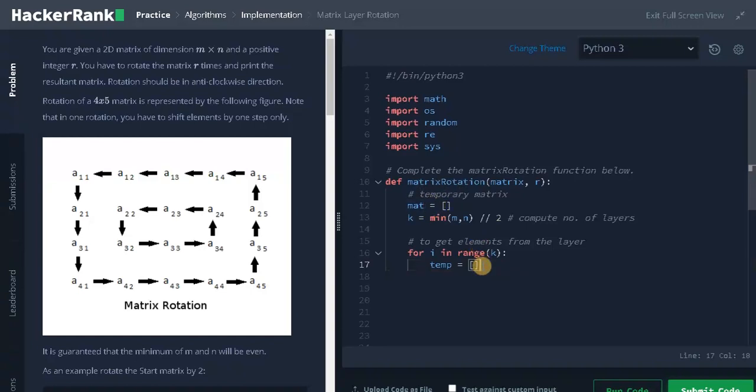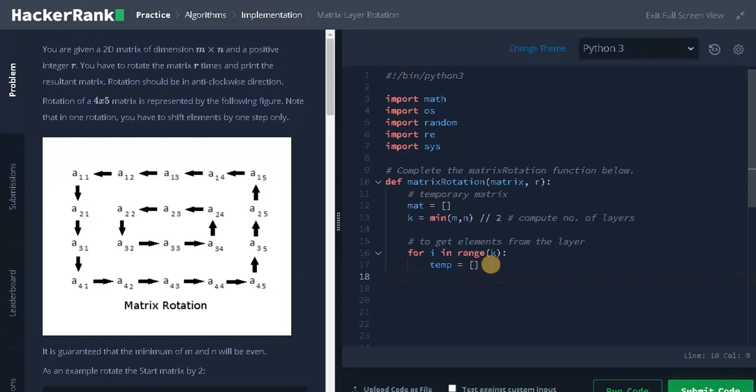This list is for storing the elements, and after storing the elements, we will append the list to the matrix. For storing the elements, we are going to traverse from the starting point till the element before the endpoint. This is the endpoint. We are going to traverse up to this. So we will traverse from A11 to A14, and in a new loop we will traverse from A15 and the elements that follow, that is A15 to A35, and again A45 to A42 and A41 to A21. Likewise, we will get all the elements in the outer layer.